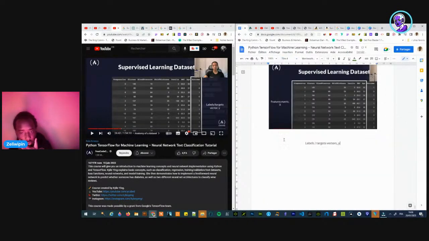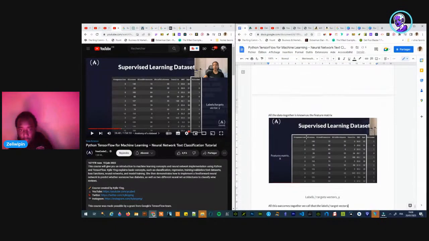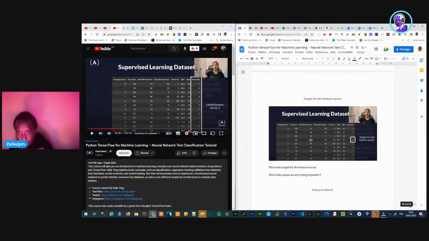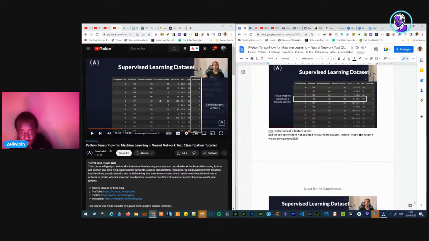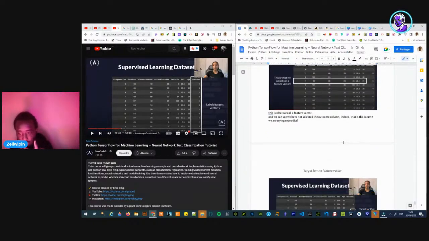All these outcomes together, we call labels slash target vectors. I get it now. One row of selected features is a feature vector.